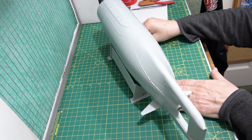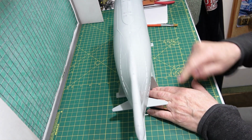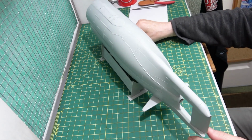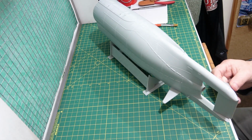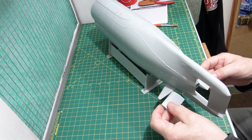Right, we're back, and as you can see, I've got them on there. There's very little filling to be done. I think if I just rub a soft sanding stick over there, both sides on the top, the underneath's lovely. So I've got that done. Now these do fit on here, but you have to do them both at the same time to get them on both sides square. So if I put them on, which I can,